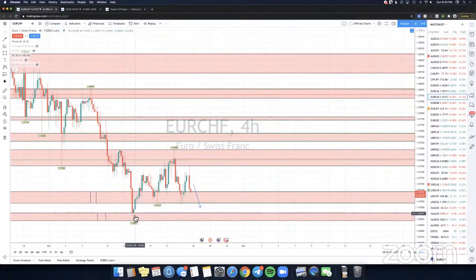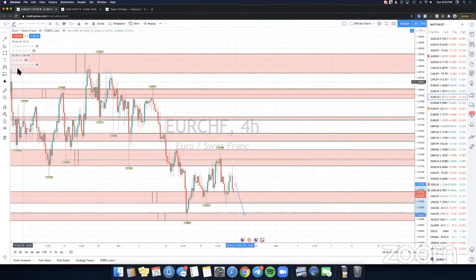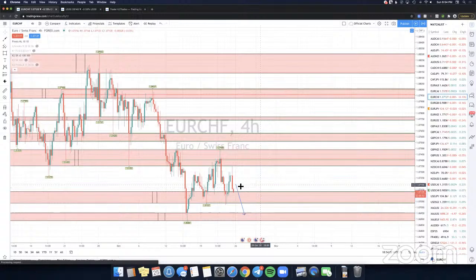Because you can see that it already tested this point way over here. So when it reaches this point, it's probably going to reject right off it. It's going to retest it for a second test like it did right here. So price tested right here, tested it a second time for a double bottom, and it shot right back up. So I wouldn't take this trade until it breaks farther down below this zone right here, because it's just way